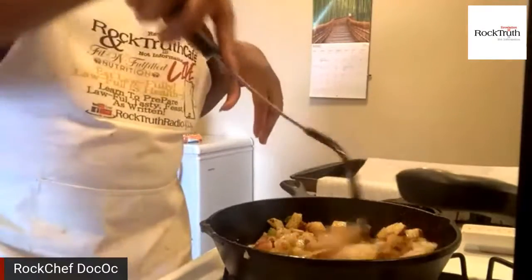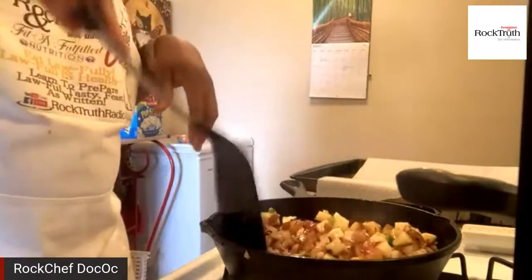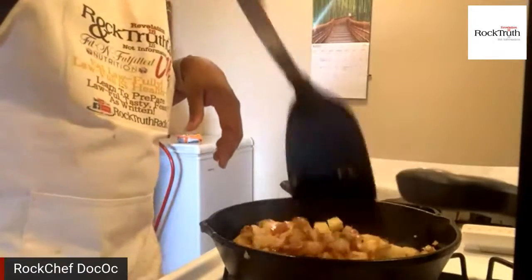Unless it's on meat, I'll probably add the salt to some meat, but I usually don't salt my vegetables and stuff like that because it's very easy to over salt them and they soak it up and all of that. So